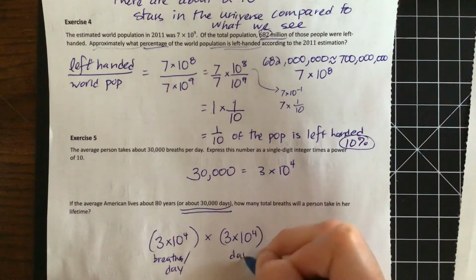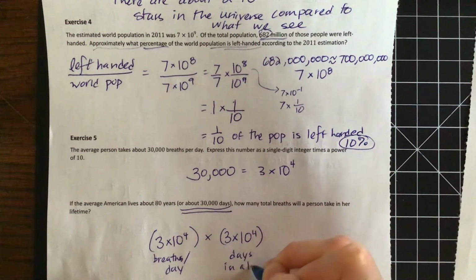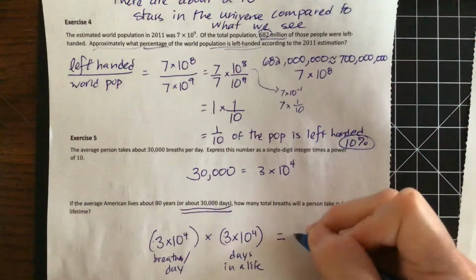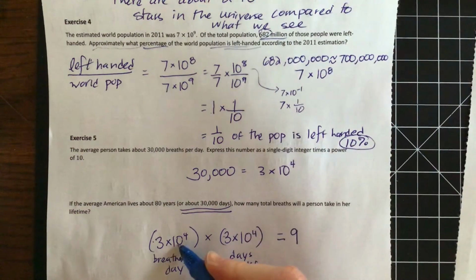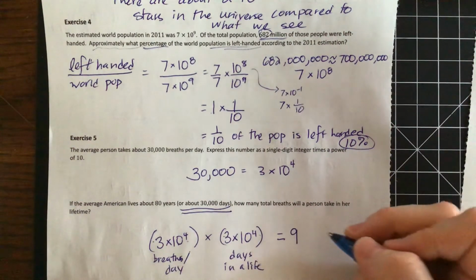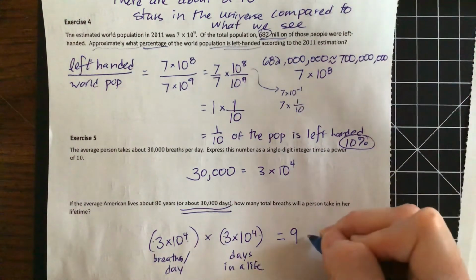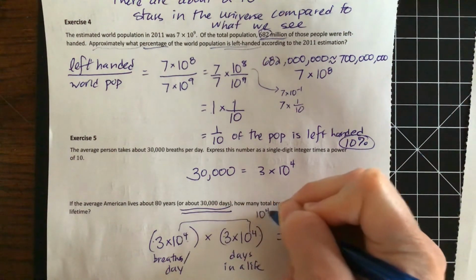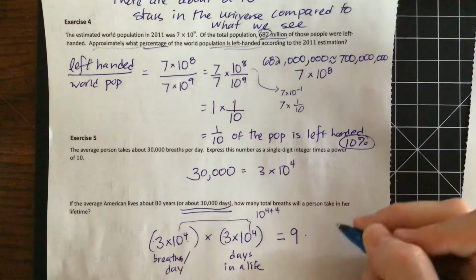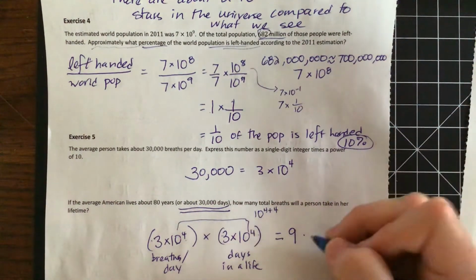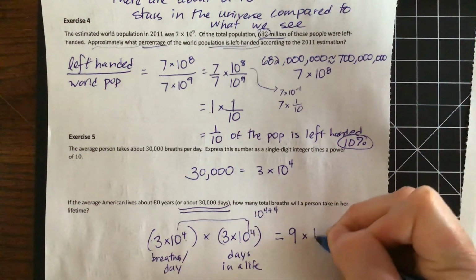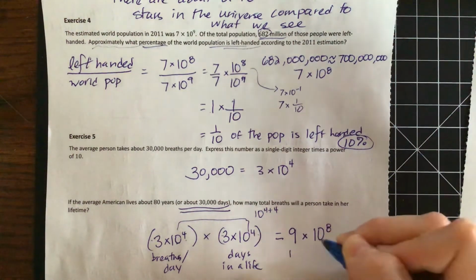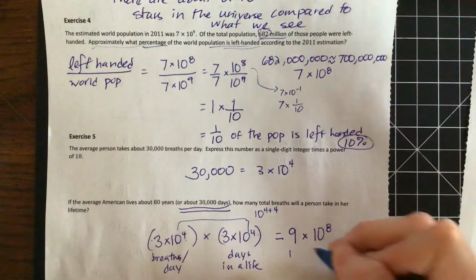That's days in a life. And we're going to get 3 times 3 is 9. And 10 to the 4th times 10 to the 4th is 10 to the 4 plus 4, right? Since we have a multiplication. So this is the product rule, and that would be 10 to the 8th. So then 9 times 10 to the 8th breaths